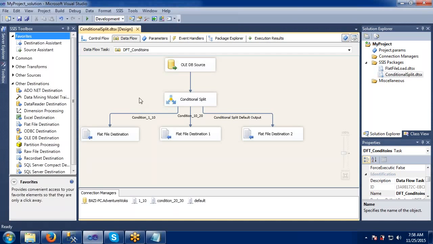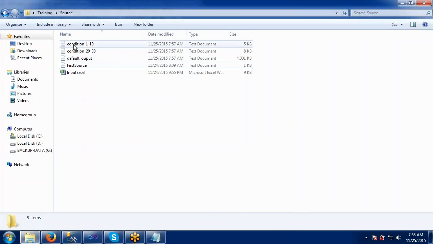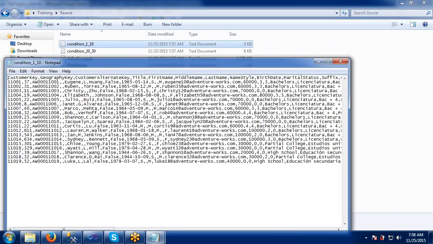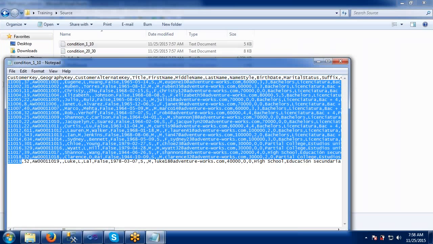I will show the next condition with Excel in brief. Can we see the file in the destination? Yes, can we see the data in the destination, how it is? So this is the first condition result, right? Let's double click and open. So these are the columns and this is the data available from 1 to 20 records. Means from the top 20 we have given, right? So those records came into the first condition file.